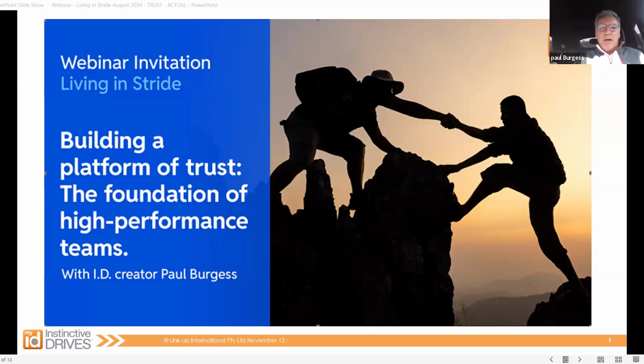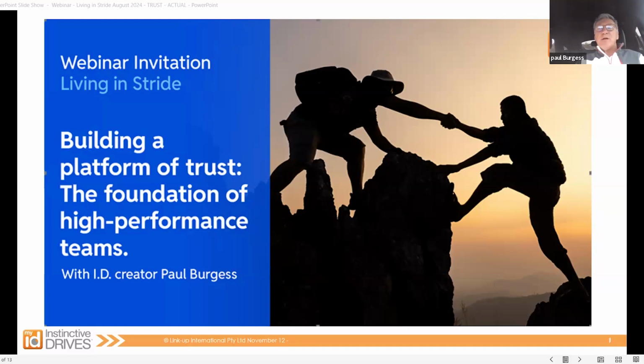This follows on the theme of the month being trust, building a platform of trust. Those of us who have worked with teams or have been in teams, everyone says that the number one ingredient you've got to have in order for a team to start to become anything close to high performance is a strong level of trust. We specifically call it out as a foundation of trust because I know of people who have said, well, I thought we had trust. We worked together for years. We knew each other well. I thought we had trust and then we didn't.